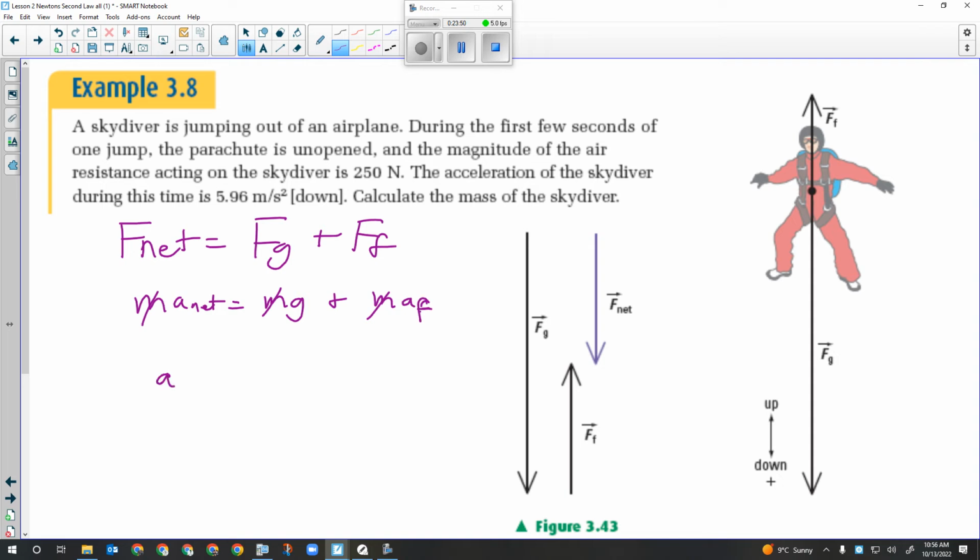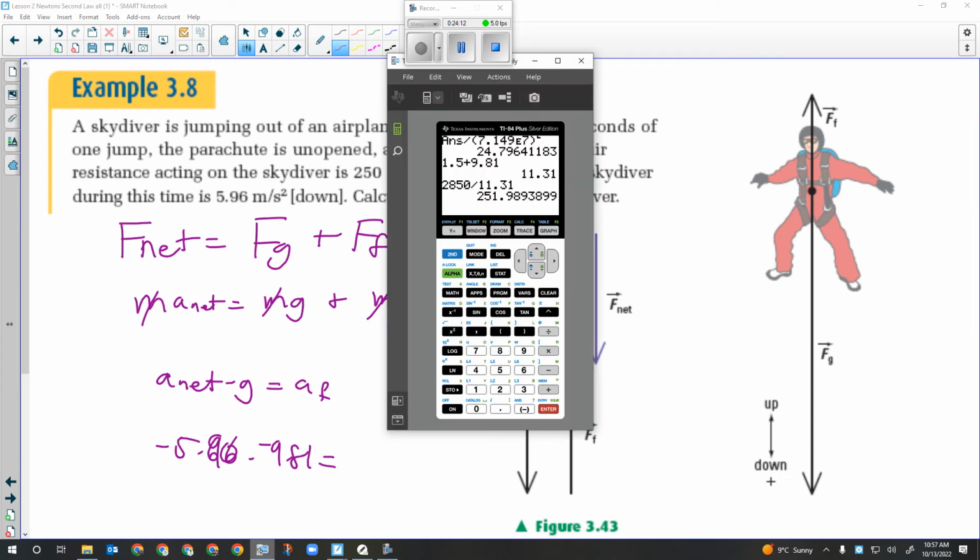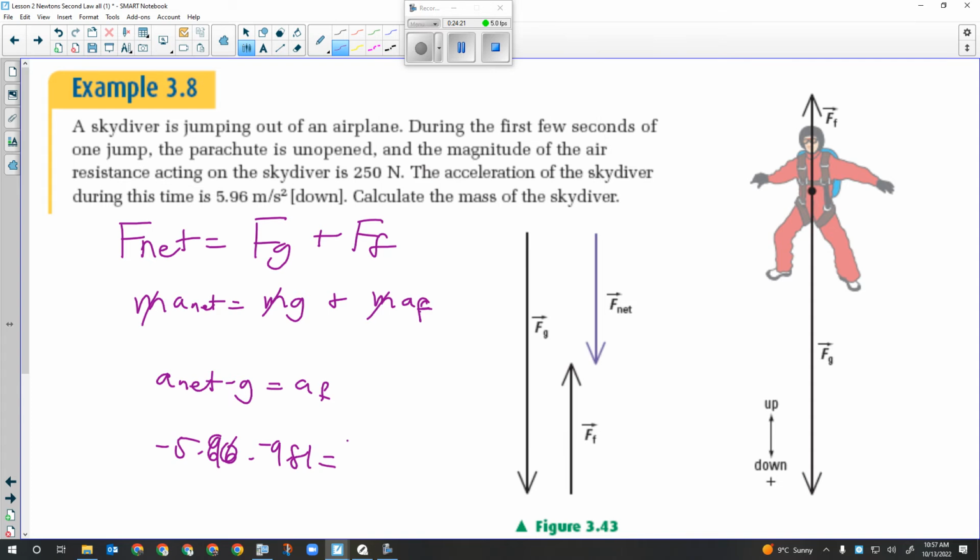So I'm going to go a net minus the acceleration due to gravity equals the acceleration due to friction, and so that's going to be negative 5.60 minus negative 9.81, and that'll give me the acceleration that the force of friction would produce by itself. Negative 5.96 minus negative 9.81 gives me 3.85 meters per second squared